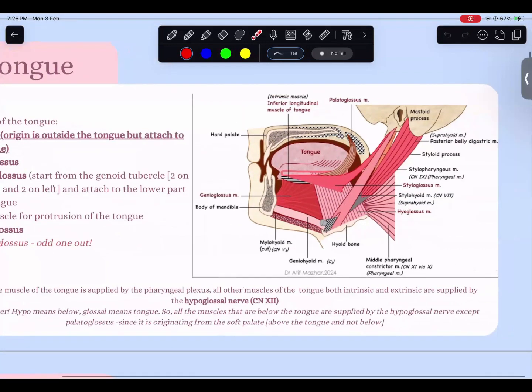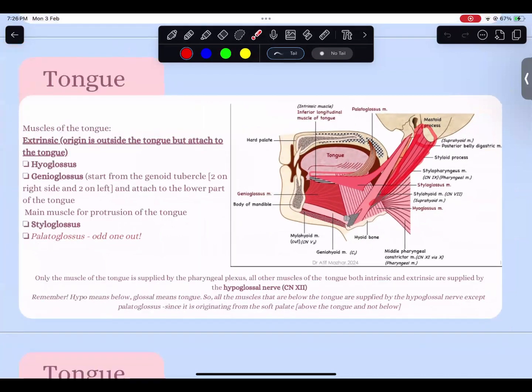Styloglossus is from the styloid process of your skull to the tongue. So this is styloglossus. And then you have palatoglossus. Palatoglossus is this one. So it's going to the soft palate of your tongue. So this one here. So those are your four extrinsic muscles, and they're all supplied by hypoglossal nerve except one, which is palatoglossus, mostly